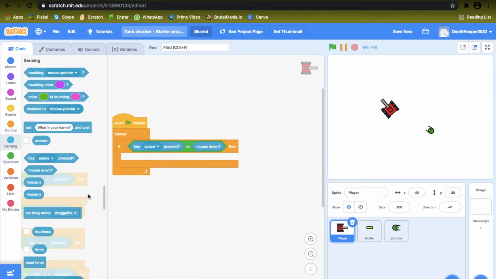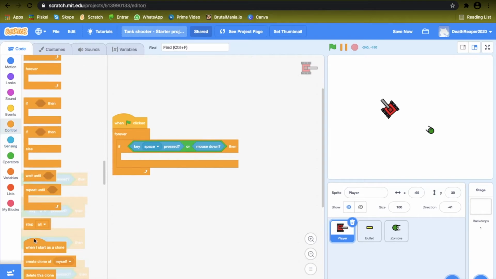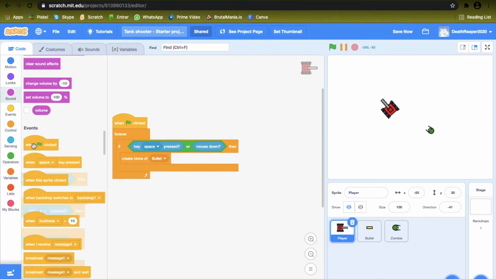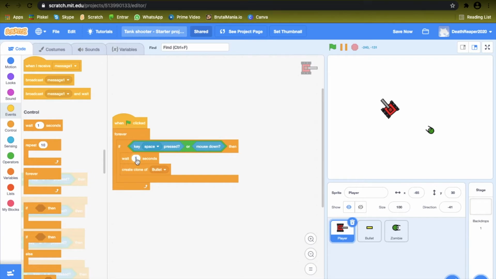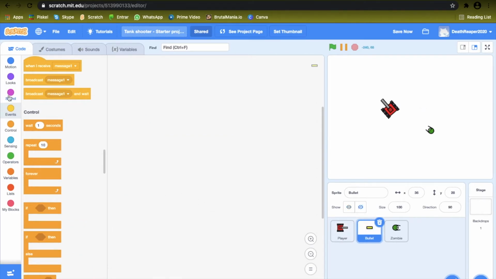Then get a create clone of bullet, and before that put a wait block of 0.2 seconds. So whenever you press space or left click, it'll shoot a bullet. Now go to the bullet sprite,